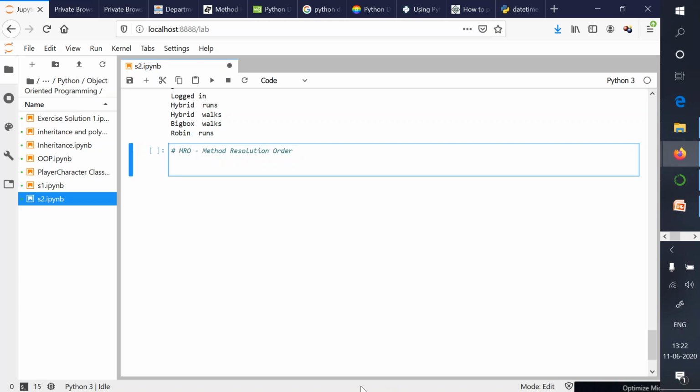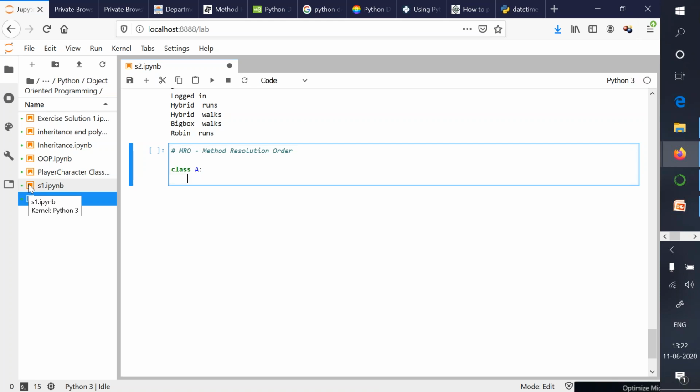Let's try to understand it. So have a look at this code. Class A, let's say num is equal to 10.